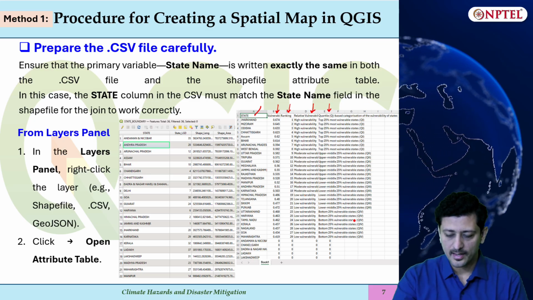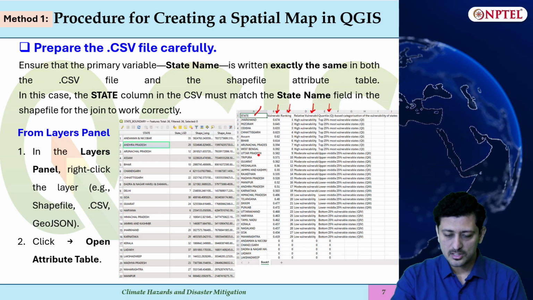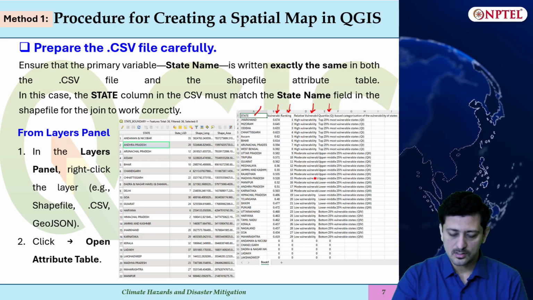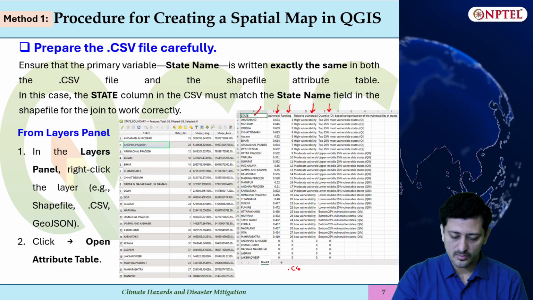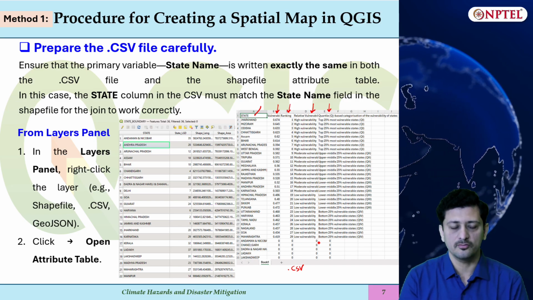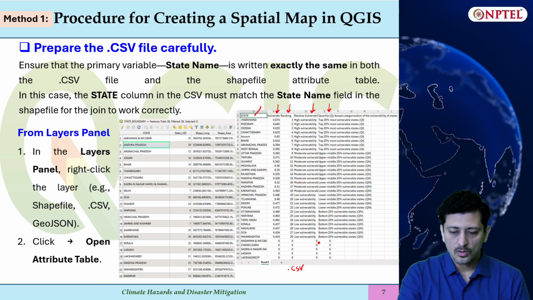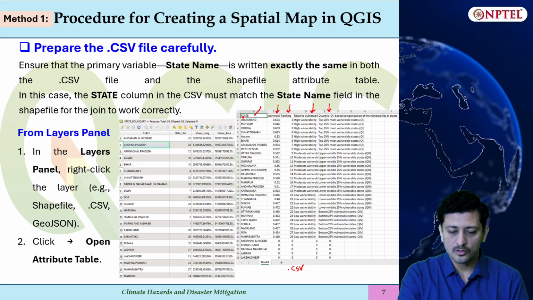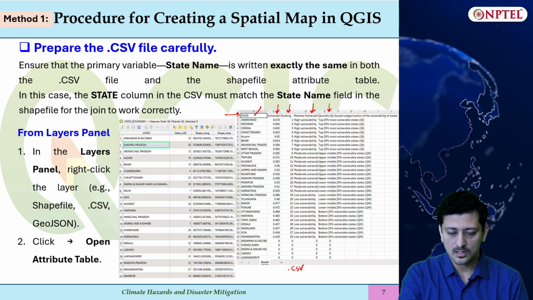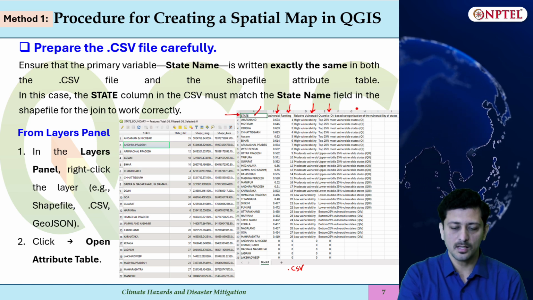These different categorizations are available, and this is all in a .csv format. It is similar to a spreadsheet, but in a comma separated variable format. So you should be very careful while understanding the structure of this file. The first row will denote all the variable names.